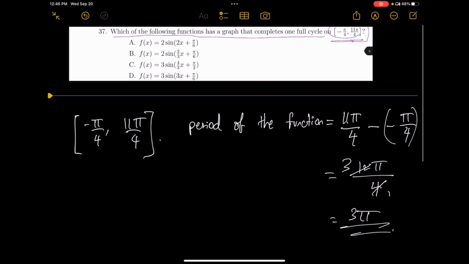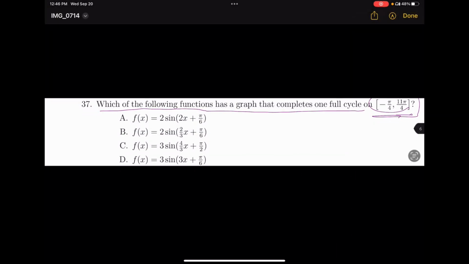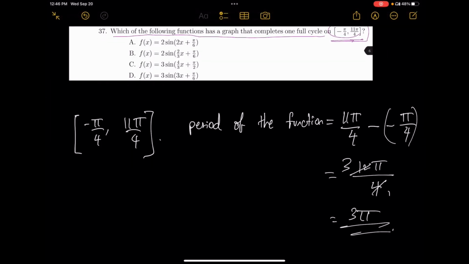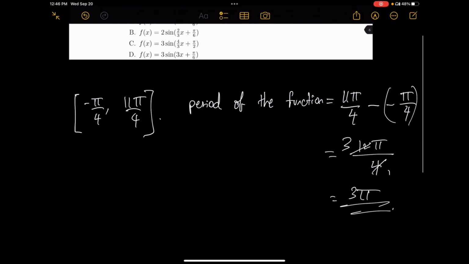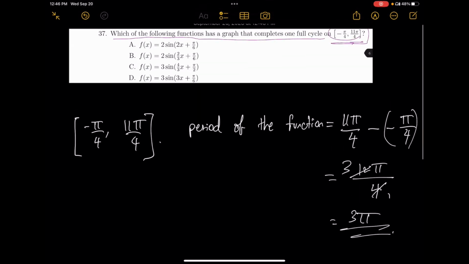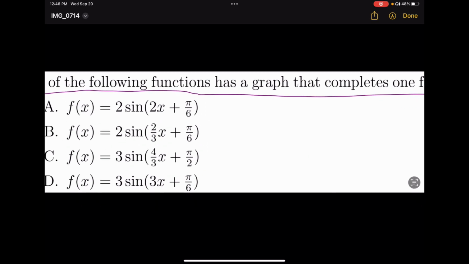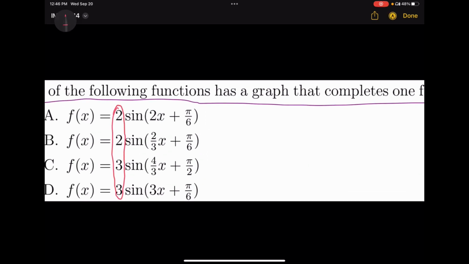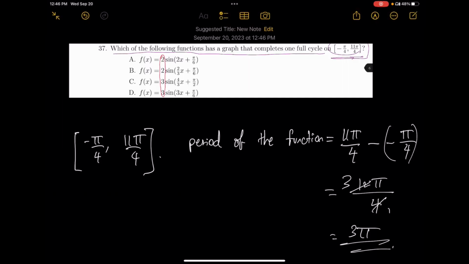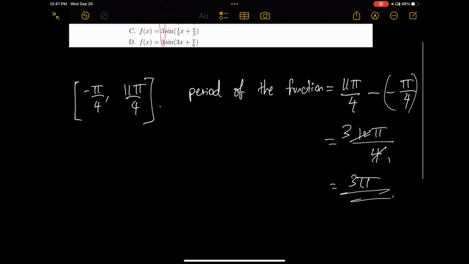Well, we know that the normal sine function has period 2 pi, but the function we want has period 3 pi. The coefficients in front don't matter, they only tell us the amplitude, so the main thing is what is inside, sin of ax